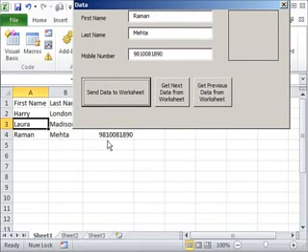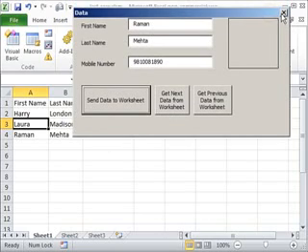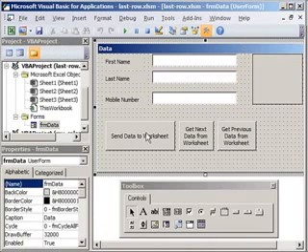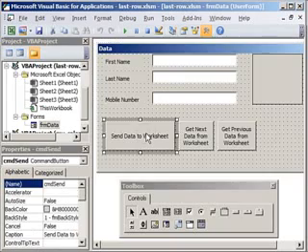So in this manner we are now able to transfer data to the proper areas. Let me do one more, but before I do that, let me write some code. Now what I want to do is clear this data once I have clicked on send data to worksheet, and then I also want my cursor to come to range A2. So I'm going to close this now, double click on send data to worksheet, and here